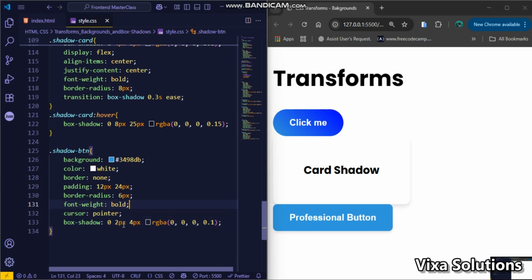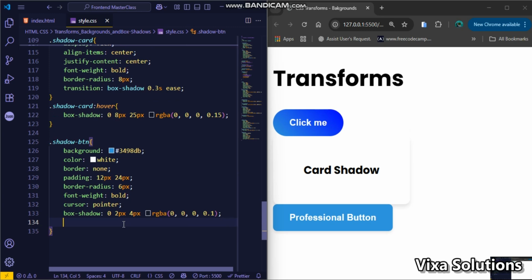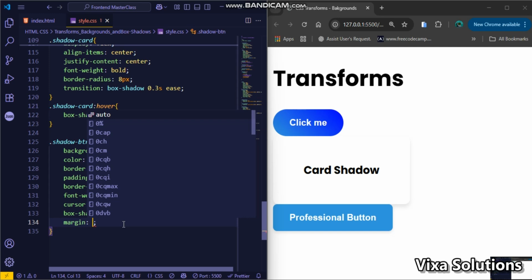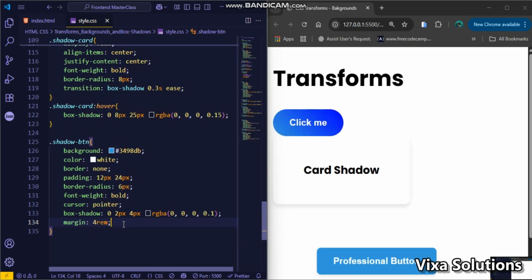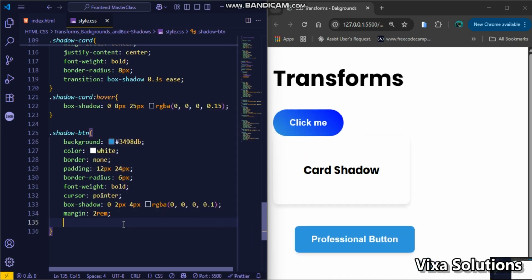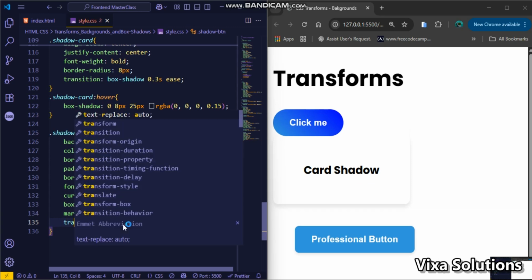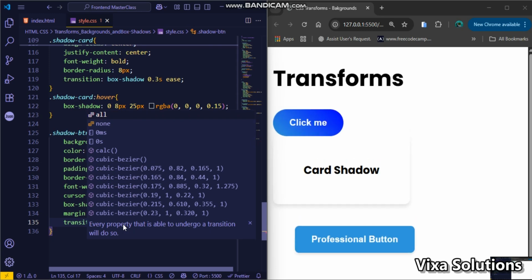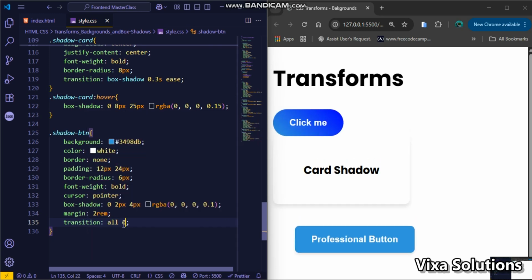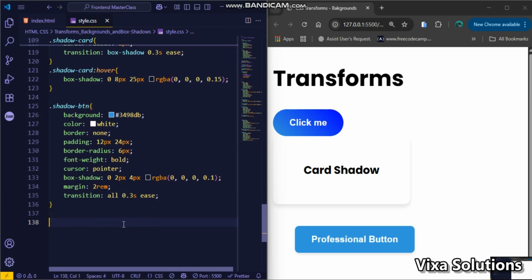Okay, so let me add some margin between this element and others so we see it clearly. That's too much. Yeah, 2 will do it. Now let's add transition to it. So this time, all of the properties again. Okay,